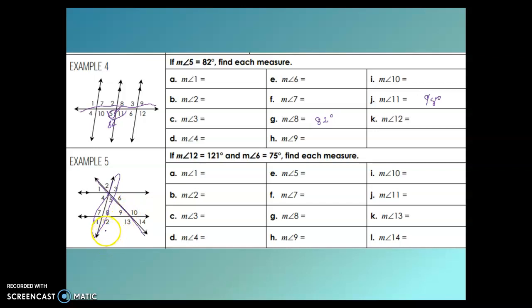We're told that angle 12 is 121. And if I know angle 12, I know angle 11. Part plus part equals whole. So if this whole thing is 180 degrees, then I know that angle 11 must be 59 degrees. So let's go over here, 59 degrees. I'm also told that angle 6 is